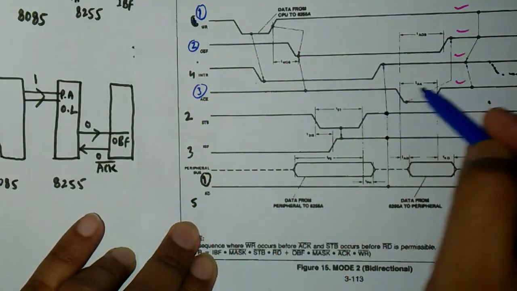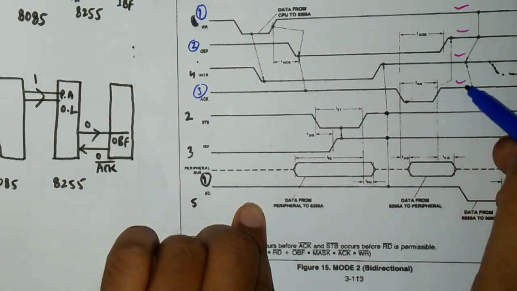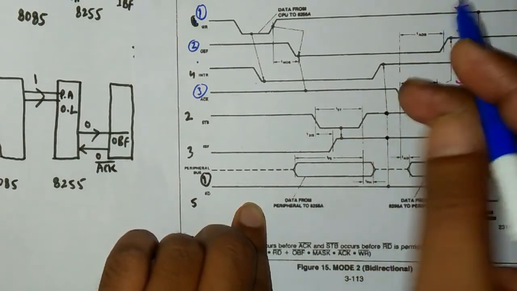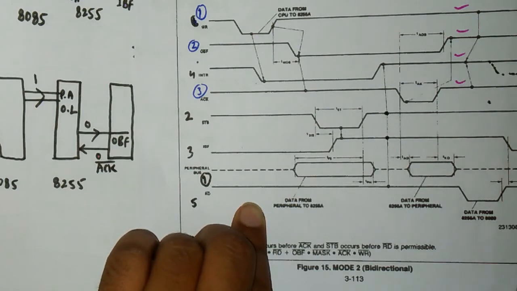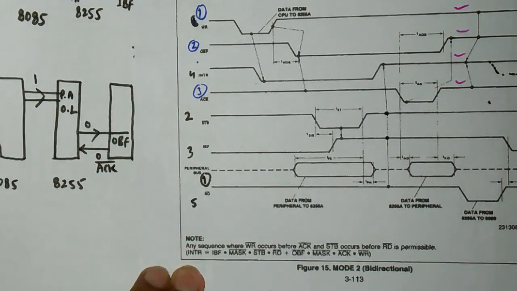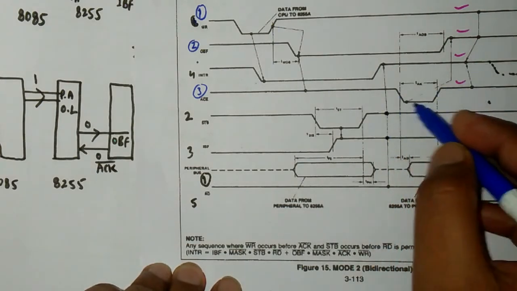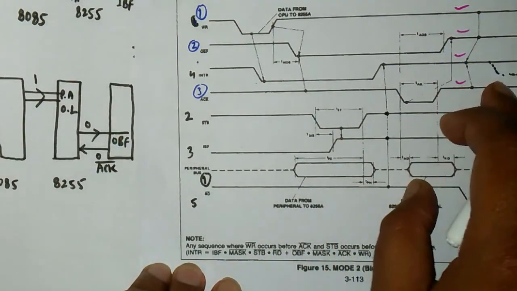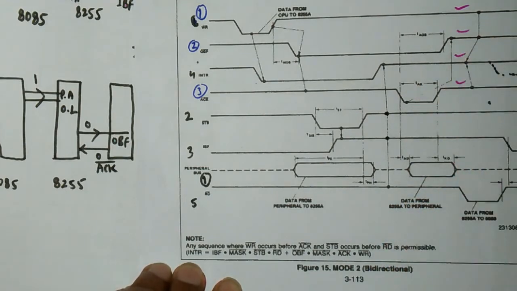So finally, after a certain time, we have OBF on the high logic, and ACK bar is also on the high logic. So these two are on the high logic, and we have already written the INT1 flip flop to the one logic. So that will generate an interrupt to the 8085. And remember that the interrupt will be for the next byte, because when ACK bar is high, it indicates that yes, the peripheral device has received the data. So after receiving the data, the interrupt is generated for the next byte of data.